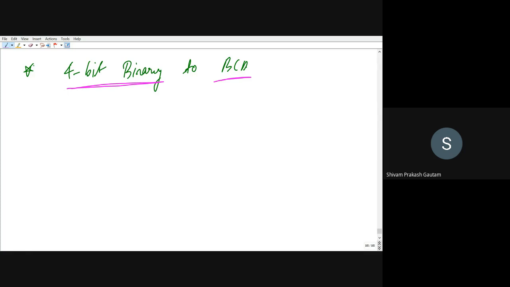So you can give any arbitrary variable, whatever you want, A, B, C, D, X, Y, Z. For example, for binary I'm giving B4, B3, B2, and B1. It is not necessary that you will give this. You can take your own variables. And for representing BCD, I am giving you A, B, C, D, and E. I have written here 5 variables. The reason for writing 5 variables, I will let you know shortly.